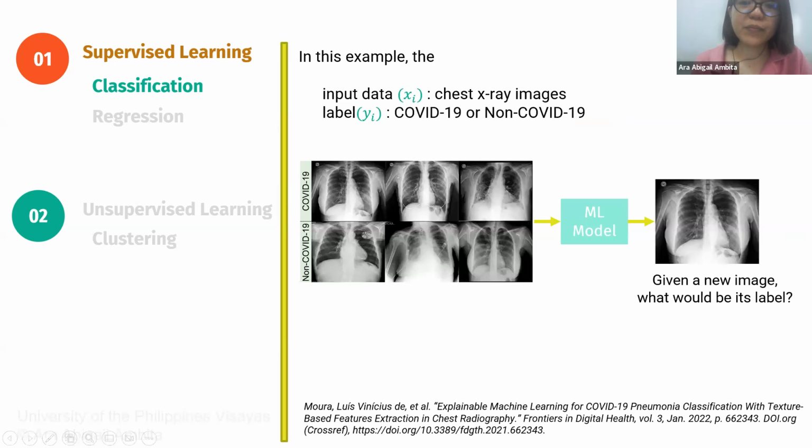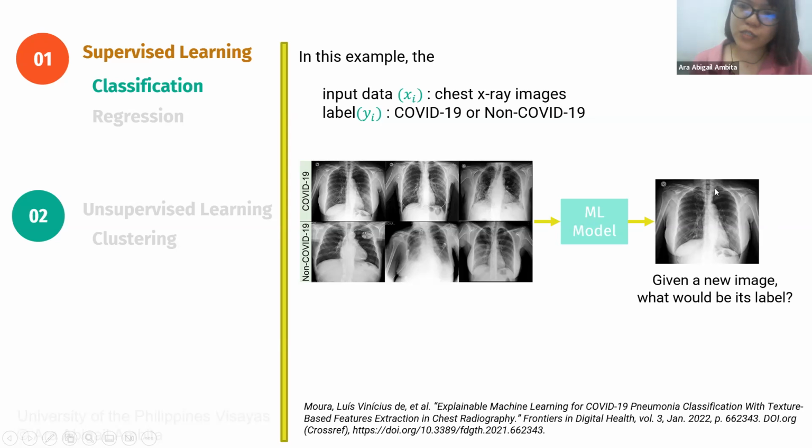Another example. Suppose what we wanted to do is to predict whether a certain image or chest X-ray of a person has COVID-19 or non-COVID-19. Each of these 3 images above are labeled with COVID-19, meaning these chest X-rays have been annotated or identified by doctors as having COVID-19. The pictures at the bottom are chest X-rays that have been labeled as non-COVID-19.